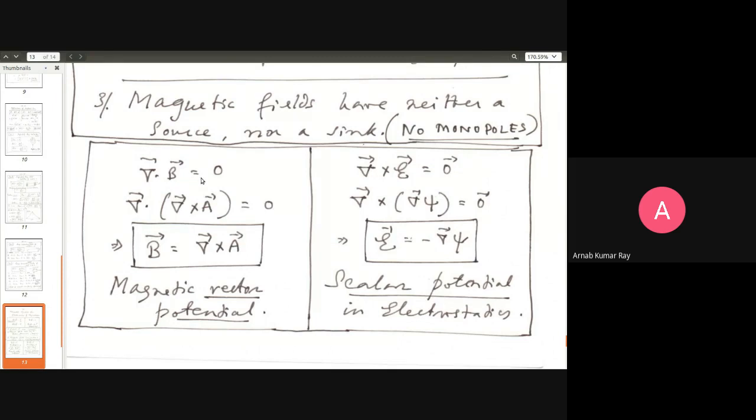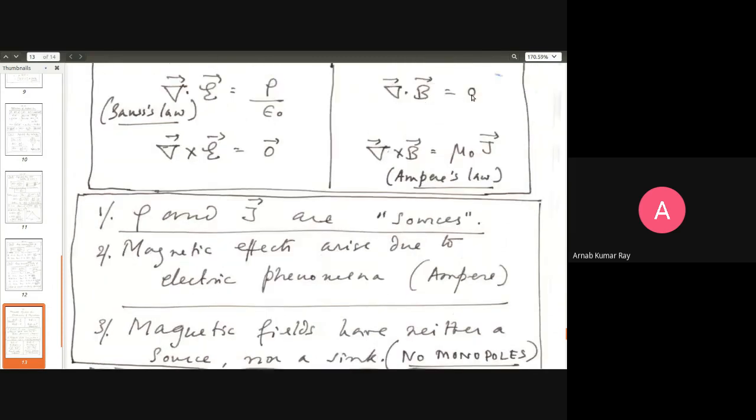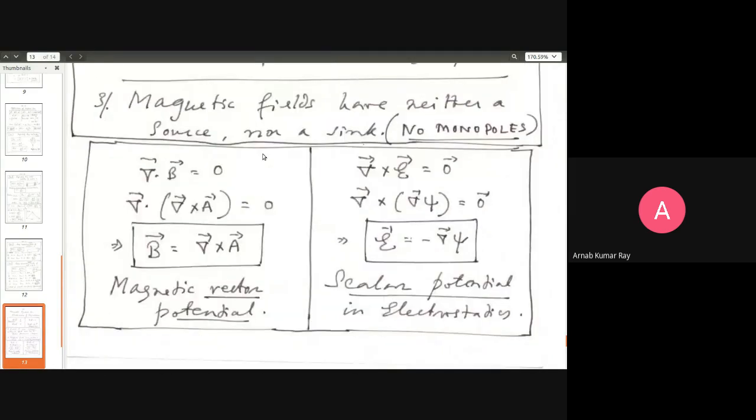Divergence of B is equal to 0, curl of E is equal to 0. Let us look at these two zero equations, here 0 and here 0. What are the consequences of that? If you go back to a vector formula, divergence of the curl of a vector field is equal to 0. So you can equate these two things and you say that the magnetic field B can be written as the curl of another vector field,